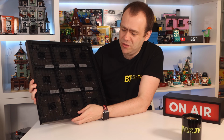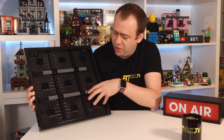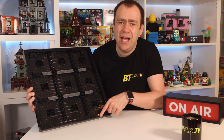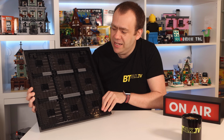In terms of structure, there's not too much to it. You can see here that these are the grid pieces. So you've got the 9 pieces here. You do connect them together using these plate pieces just to add some structure to the Technic pins, which are positioned on each edge, so it all interconnects with each other. And then you start to add these plates around the edge just to give you a bit of a lip, to add extra bricks on top to give the thickness of the frame,